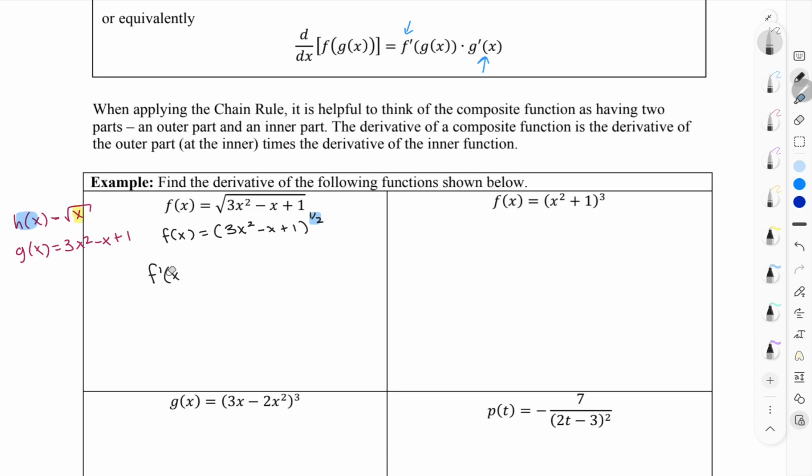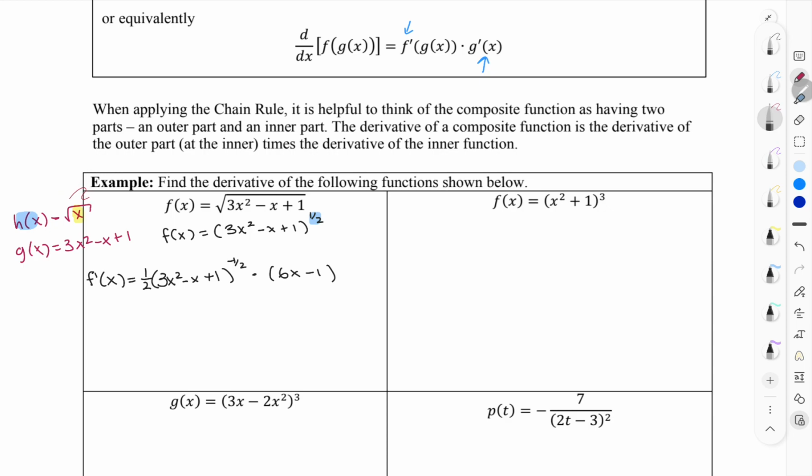So f prime of x, let me make some more space. f prime of x is 1/2 times 3x squared minus x plus 1, and I'm leaving the whole inside function alone, to the negative 1/2. Times, and now I'm going to take the derivative of that inside function. So now I'm going to say 6x minus 1,